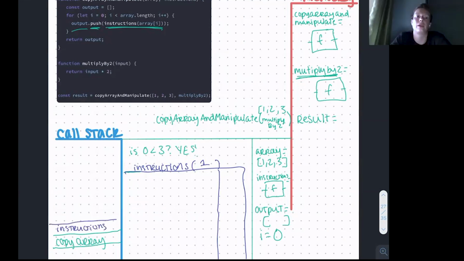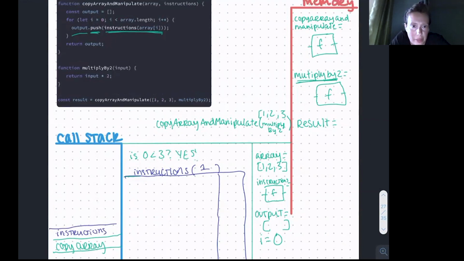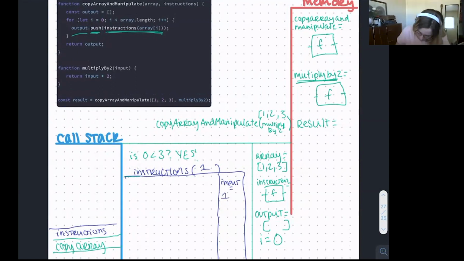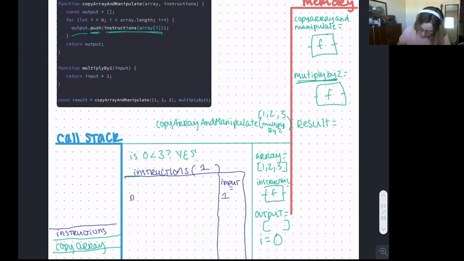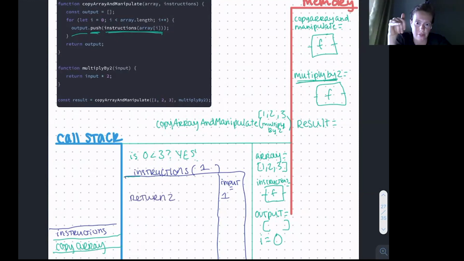So then we will process these parameters for instructions. So input would be assigned 1, right? And then we will return input times 2. 2 times 1 is 2. So we return that value to the label output in